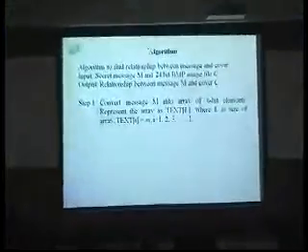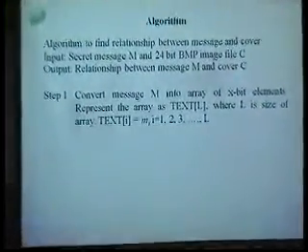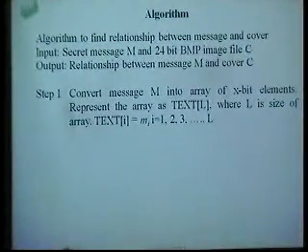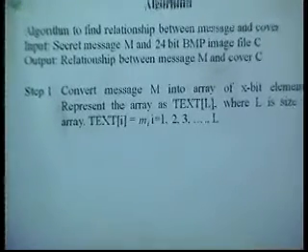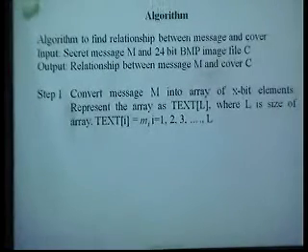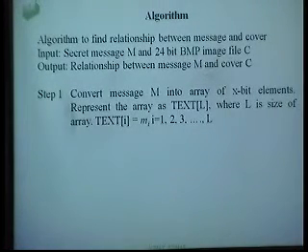Represent the array as the text L, where L is the number of such blocks. Suppose the message is 20 bytes. The message is text, we are saying message M. We suppose 20 bytes, and you have taken X as 2, then 20 into 4, 80. The value of L will be 80. If we have taken X as 4, then each byte means 2 parts. Then 20 into 2, 40, something like that will come. L is the size of the array, correct?